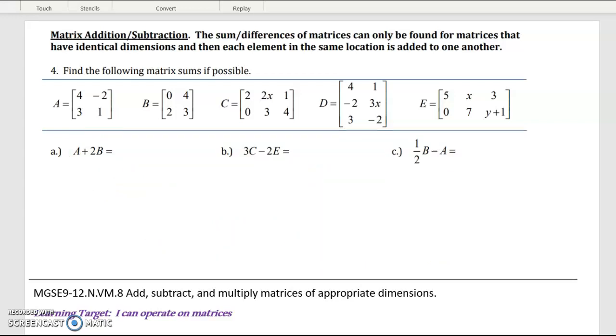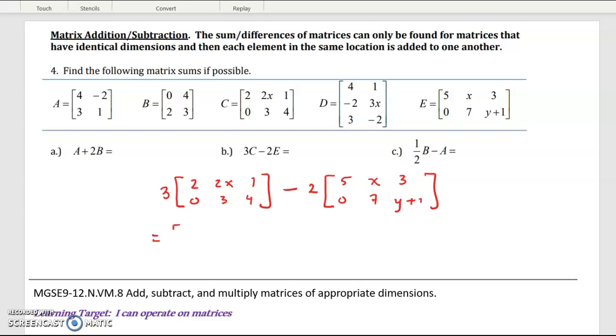All right, so part B, 3 times C, 2, 2x, 1, 0, 3, 4, minus 2 times E. E is 5, x 3, 0, 7, y plus 1. All right, so we do our scalar multiplication first. 6, 6x, 3, 0, 9, 12,